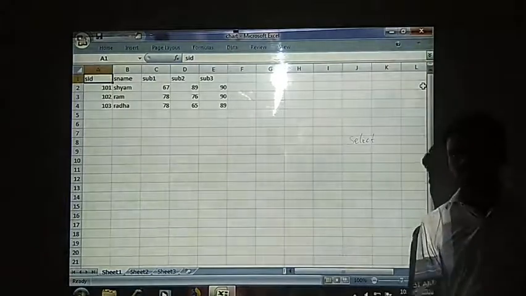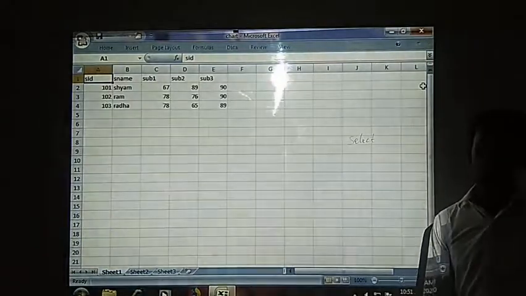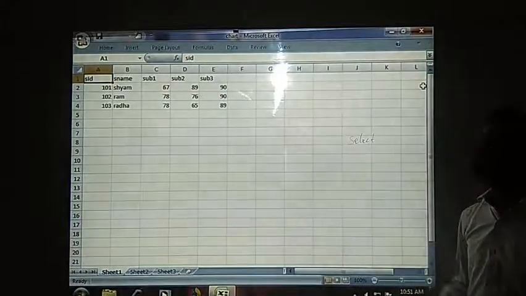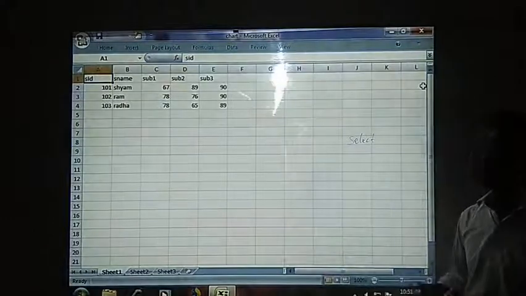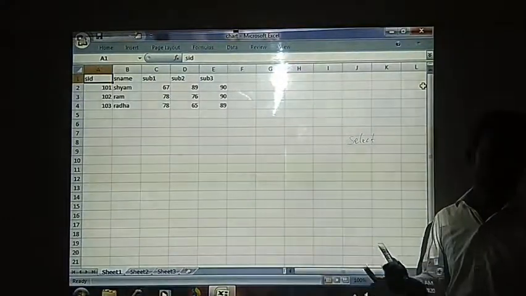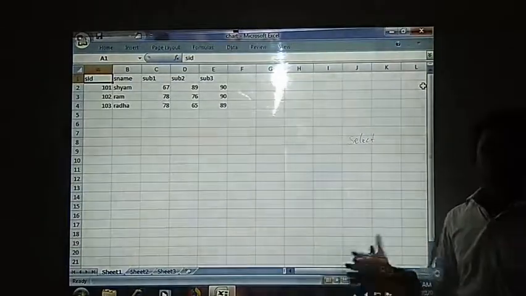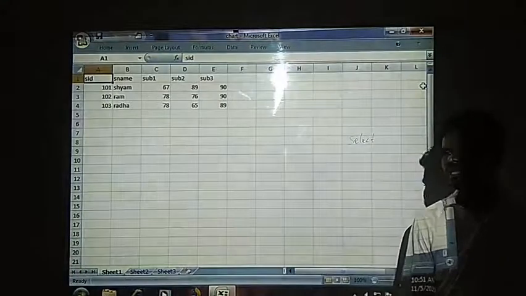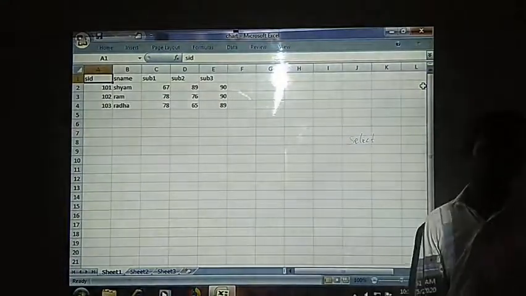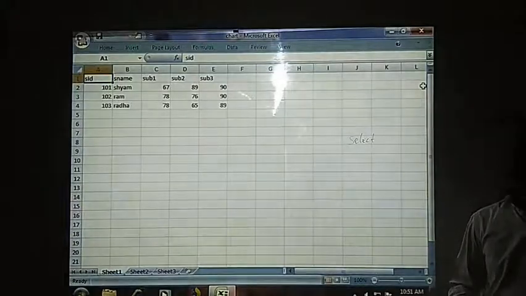Because you can observe outside, even a 10th candidate can do work on a computer, but they don't know what to use in a shortcut manner, and every time they use the same thing in order to do the work. But while you are learning this course, you need to observe what they are doing and what we are going to learn, so that you will see a lot of difference and why we need to study this.